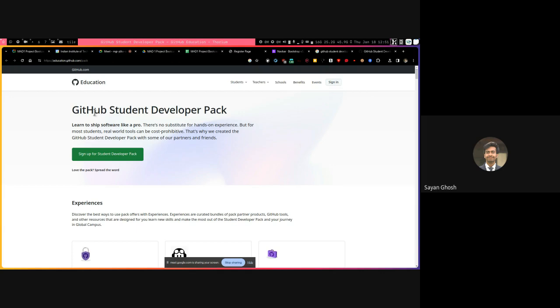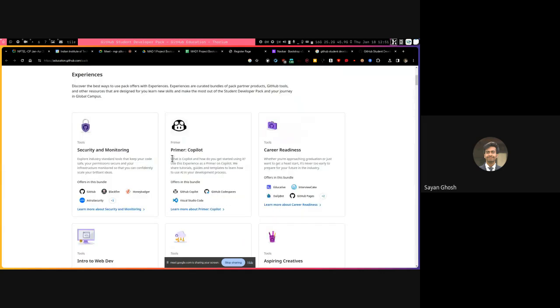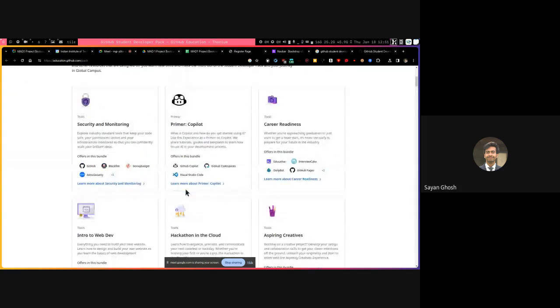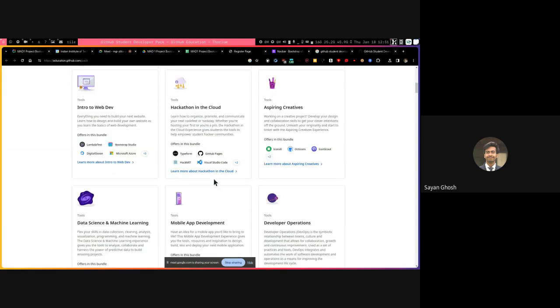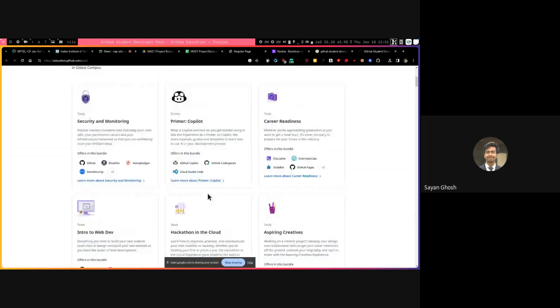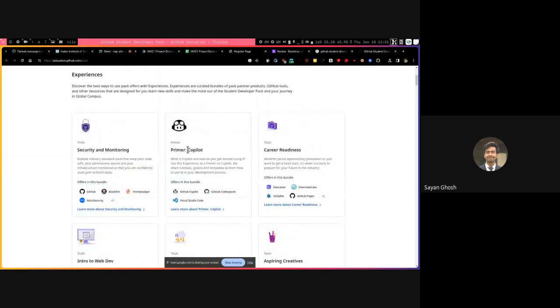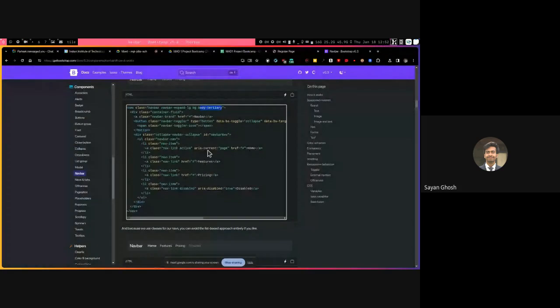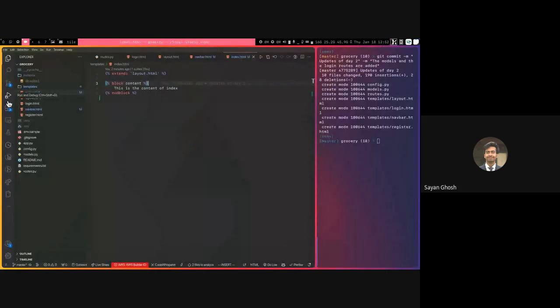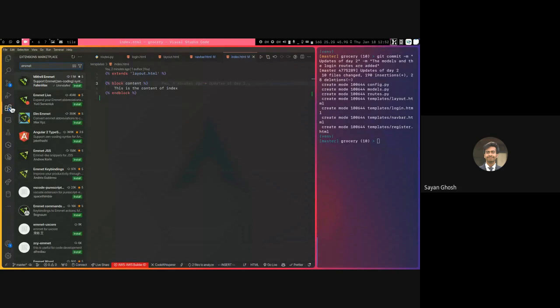Once you get the student developer pack, as you can see, they give you a lot of things, right? Basically they give you something like $200 credits of DigitalOcean, so you can host your projects there. They give you lots of other things, like Hostinger and something like that. Part of the perks is GitHub Copilot, so they let you access GitHub Copilot for free. In Visual Studio Code, you can access the GitHub Copilot extension. Once you have got access to Copilot, just come to the extensions, and here you can